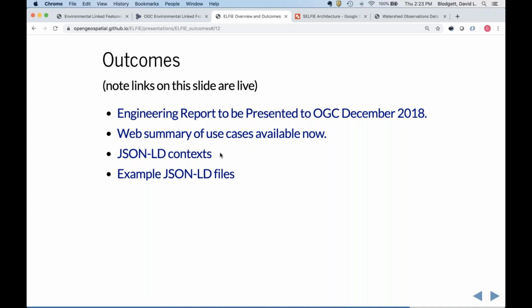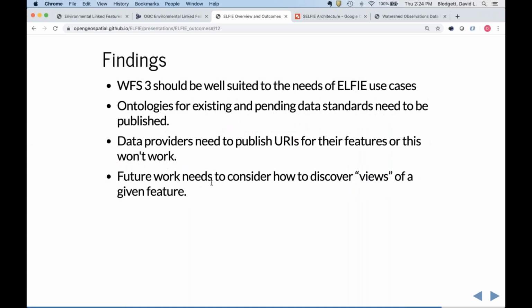The technology that we ended up kind of running with is JSON-LD, so JSON for linked data. So there was a collection of contexts, which are akin to schema, but they're really more just declarations of linked data predicates that are used in a document. They're very flexible and kind of open-ended. So we had a set of these contexts that we used in our experiments and are continuing to work on in the second ELFIE. And then there's a whole slew of JSON-LD example files that I'll show just a little bit in passing later on. So we'll come back to that a little bit.